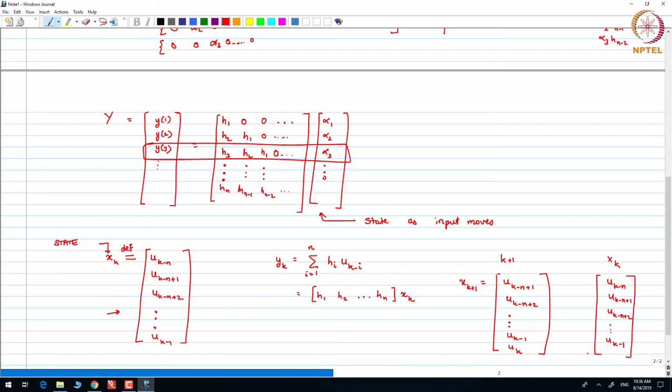So, what do you do in order to go from xk to xk plus 1? To go from xk to xk plus 1, you drop this, okay, and this one is just shifted up by 1. Okay. So, xk plus 1 is a shift of